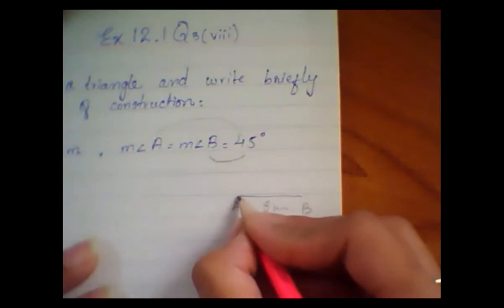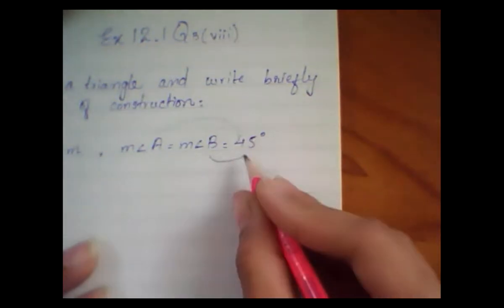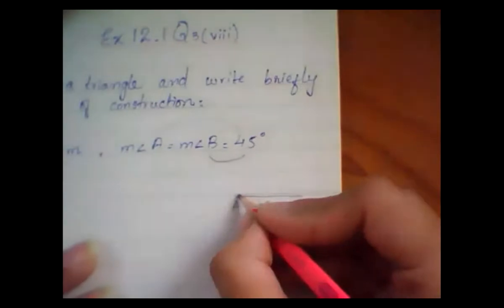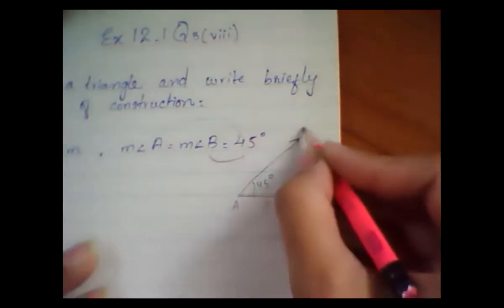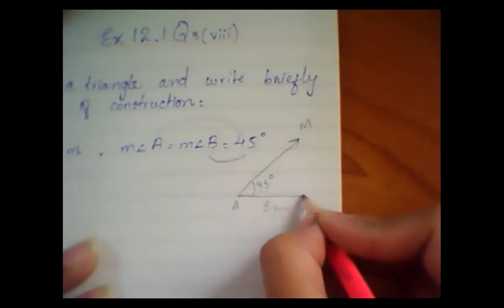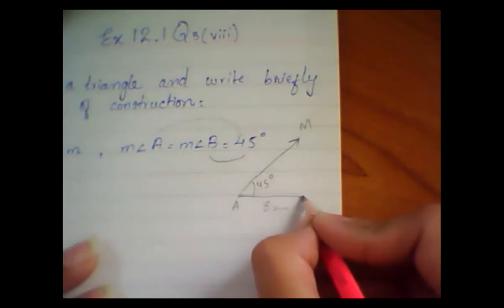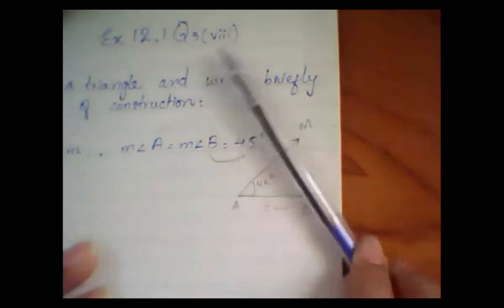Now at A we have to draw an angle. Beta, this is 45, that means it is acute. So here we get an angle of 45 degree. We can here mention the name M, for example, and here on B we can draw an angle of 45 degree and it must be acute. So if we have to draw an acute angle, it must be like this.